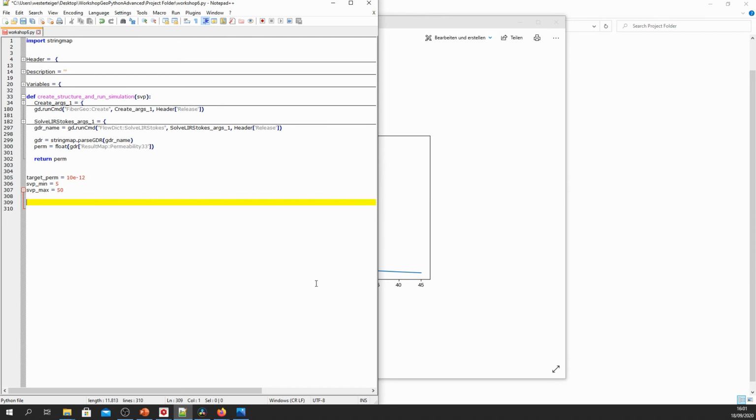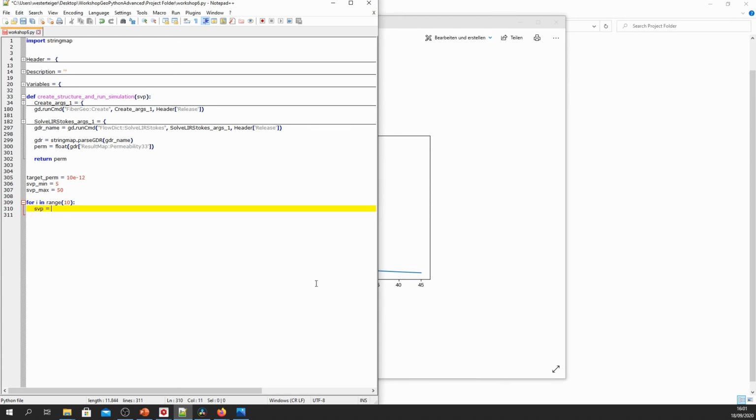Now we're going to start again with the for loop, but in this case the loop is not over the SVP values, but over the number of optimization steps that we want to take. Let's just say 10. So we have 10 steps of optimization because the for loop will be executed 10 times. And we first compute the SVP that we want to consider at this point.